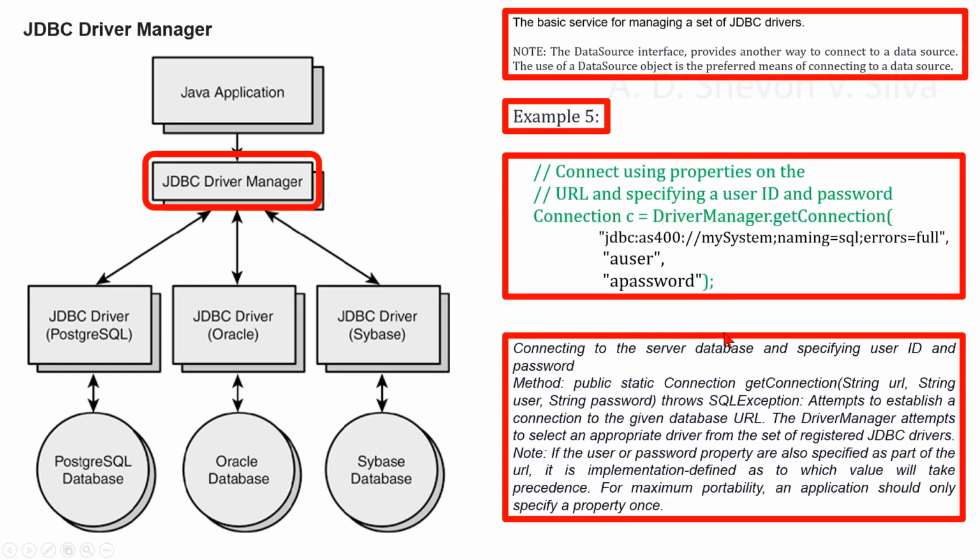As an example 5, we can consider this code segment, connecting to the server database and specifying user ID and password. The method public static Connection getConnection(String URL, String user, String password)